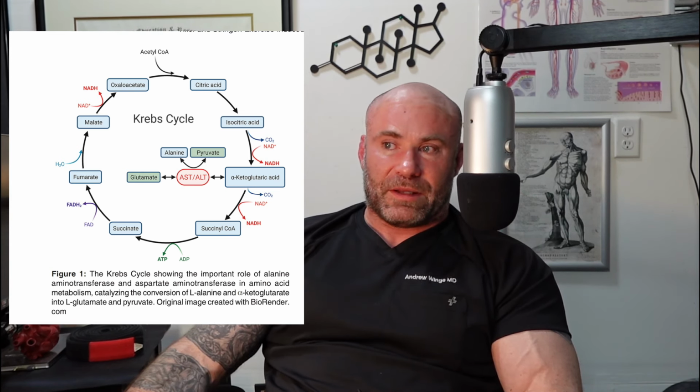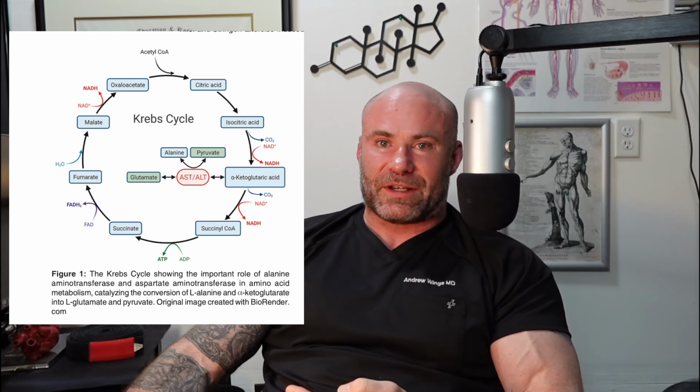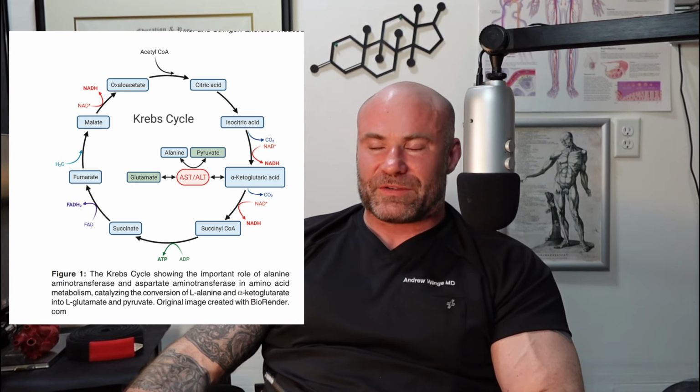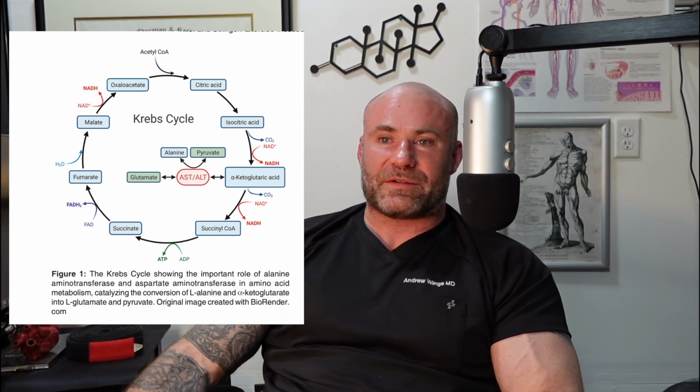It makes sense, right, that these are not just isolated to the liver. The Krebs cycle occurs in all tissues of your body for the most part, with a few exceptions. And so, issues with tissue outside of the liver can cause these AST and ALT values to be high. It can be difficult sometimes to distinguish whether a high AST and ALT value is necessarily